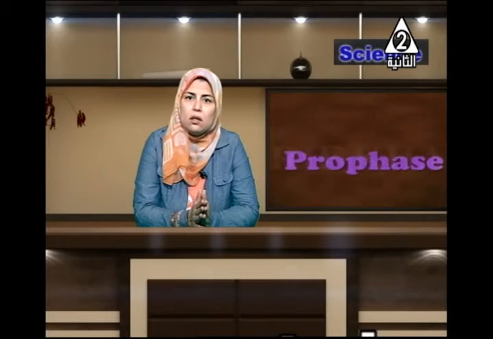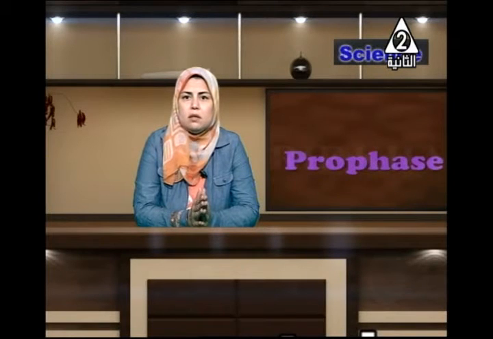The gametes in humans and animals: the male gamete is called sperm, and the female gamete is called ovum. But in plant cells, the male gamete is called the pollen grain, and the female gamete is